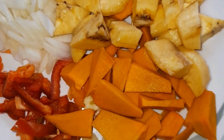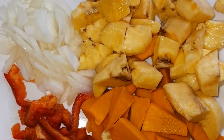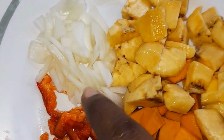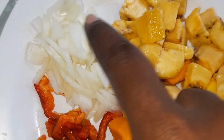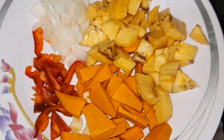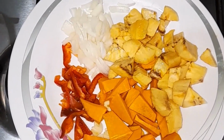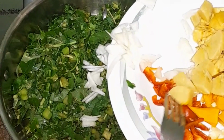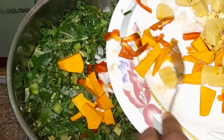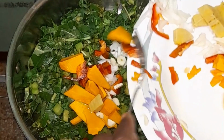So here I have some plantains that are chopped, some carrots, some bell peppers. I have a little piece of scotch bonnet pepper. This is onion and garlic. Onions and the bell peppers along with the pumpkin. First,